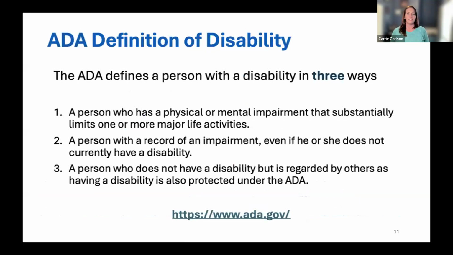And the ADA definitions of disability, right? This is why I had that one of the definitions. So the ADA defines a person with a disability in 3 different ways. A person who has a physical or mental impairment that substantially limits one or more major life activity. A person with a record of an impairment, even if she or he does not currently have a disability, or a person who does not have a disability but is regarded by others as having a disability, is also protected under the ADA. And again, you can find out more at